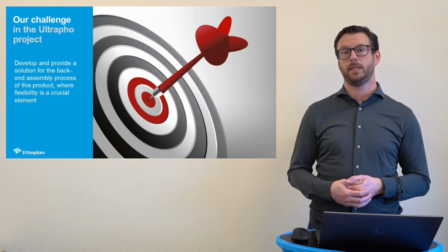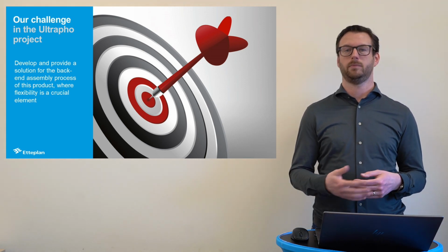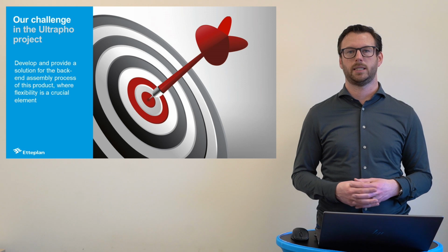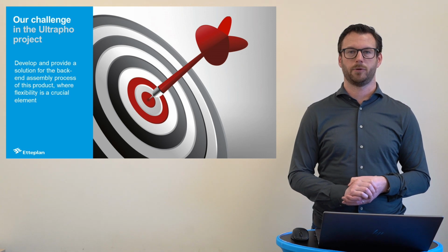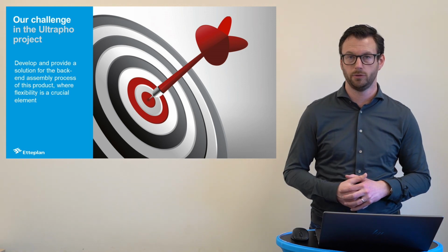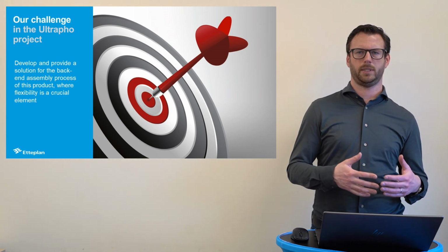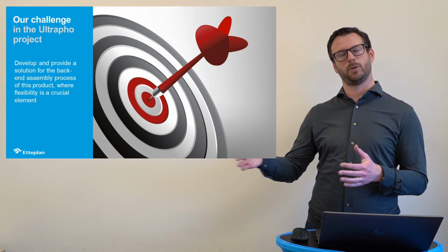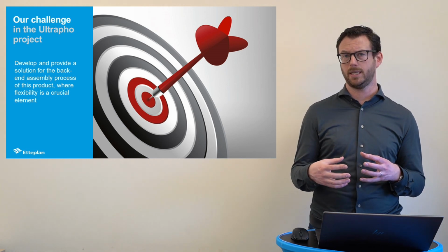Now, our challenge in this project was to develop and deliver the equipment, being able to assemble this photonic transceiver in a packaging step, so the back-end assembly of the production, where we needed to do alignment, the dispensing part and the curing part. And we delivered our machine, but there was also a challenge in order to be able to withstand changes that kept occurring during the project, in such sense that it was very easy for the customer to change steps in this machine